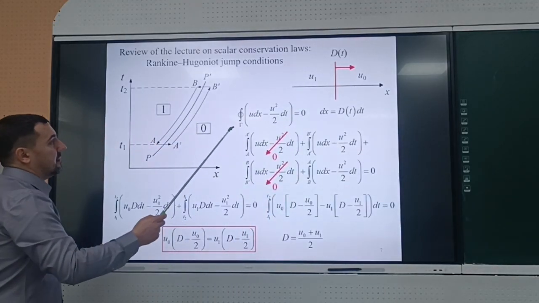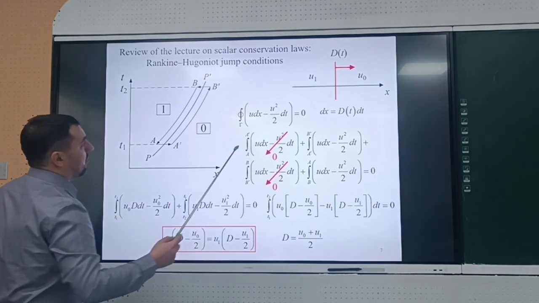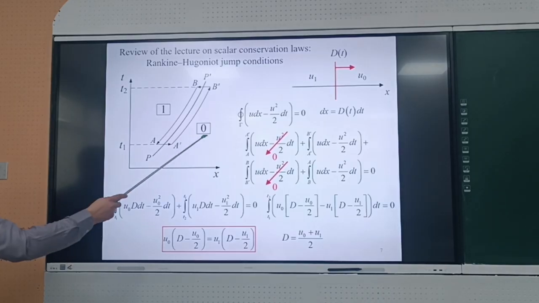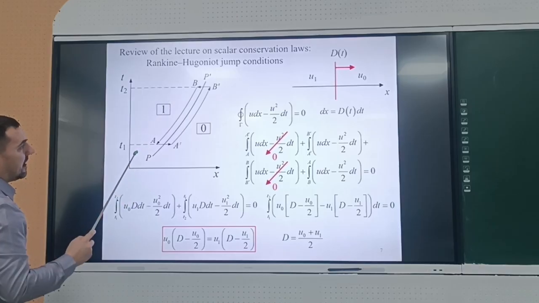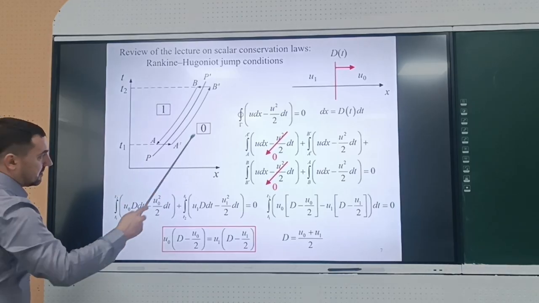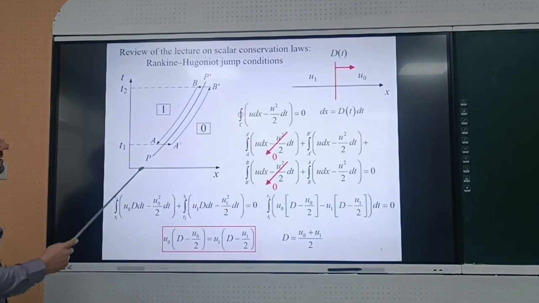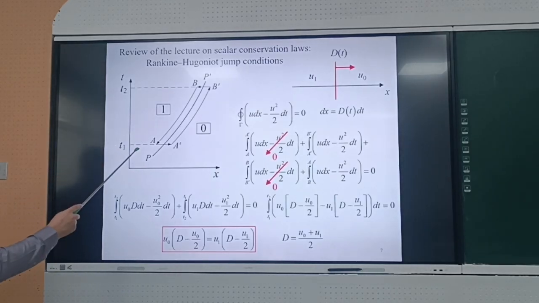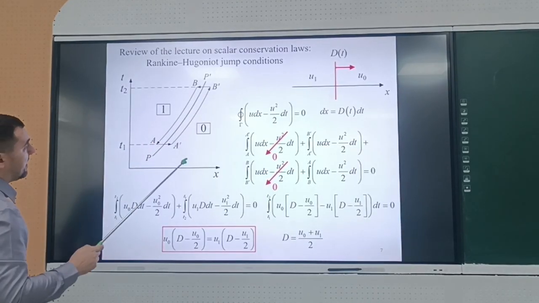We just discussed that we should use the integral form of our scalar conservation law, and we should choose as this contour Γ a', b', b, and specify this general formula for this contour around this discontinuity,